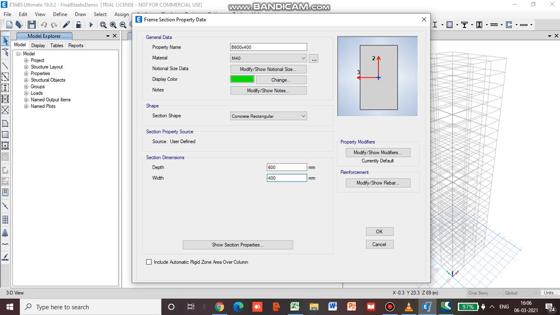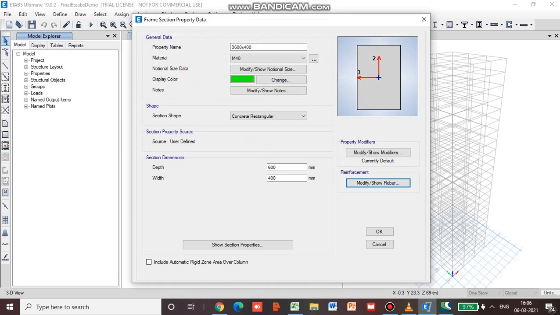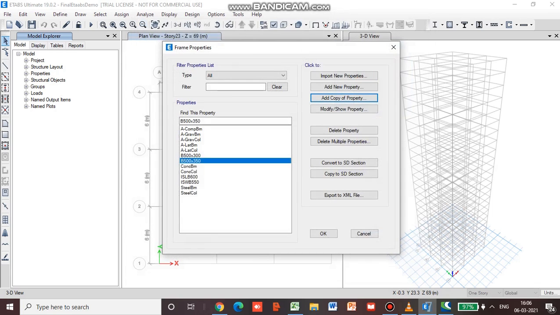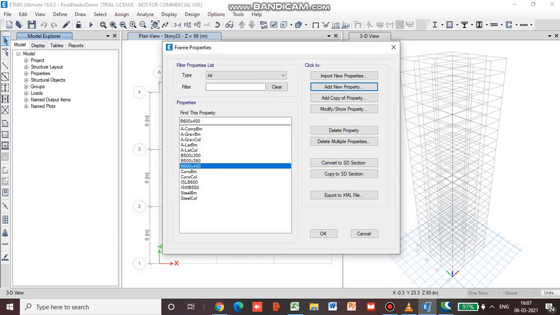We don't have to check again because I have shown you that it is same, like the design type is same, mild steel HYSD. Okay. Now I will show you how to go for the auto select. Go to add new property and select auto selection list.